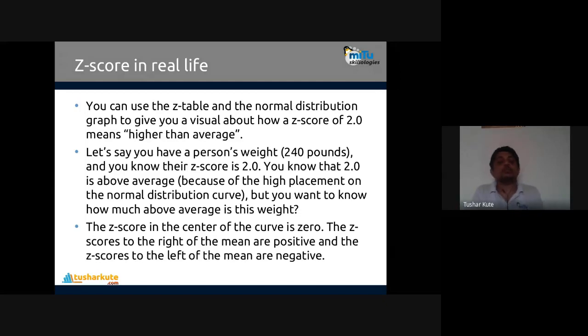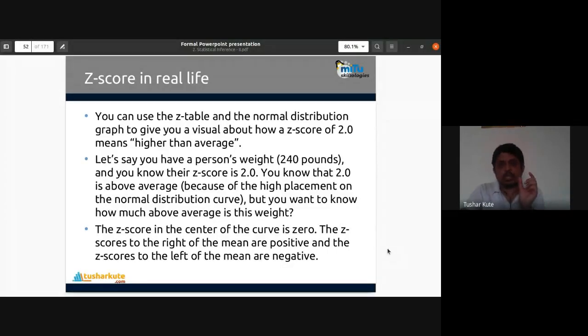Same. The Z score will be centered at 0, the right side is positive, and the left side is negative. When you actually plot the data, I'll show how this plot is made and how the Z score is calculated for the respective value. So just a minute, let's continue with a small example that I'll show using Python programming. Just a minute, we will see how the Z scores are calculated. See, any data I will take, let's see that.